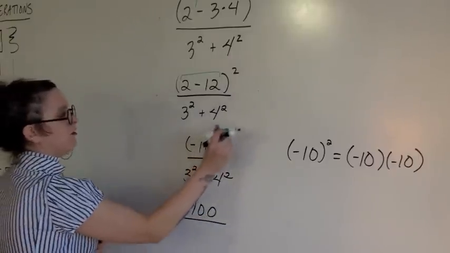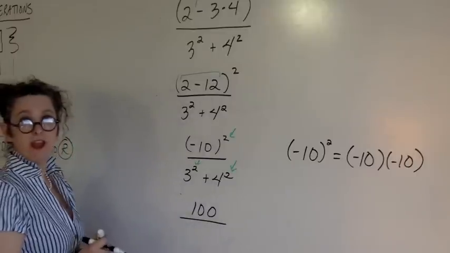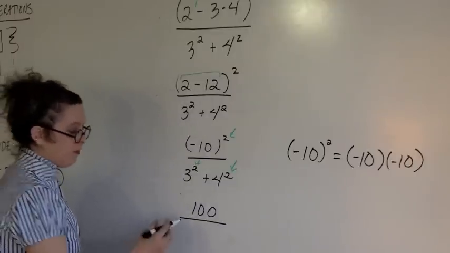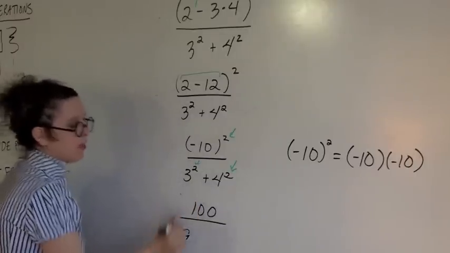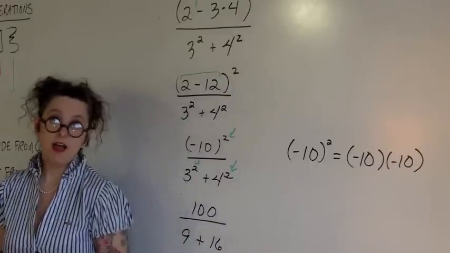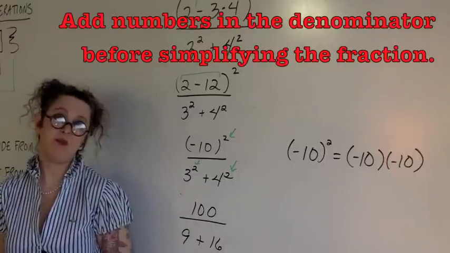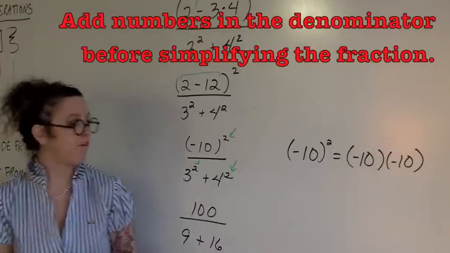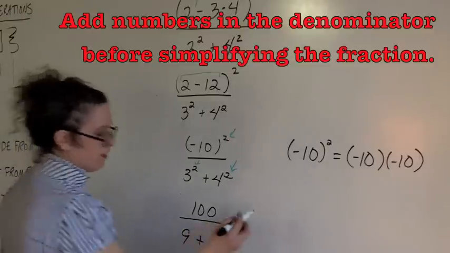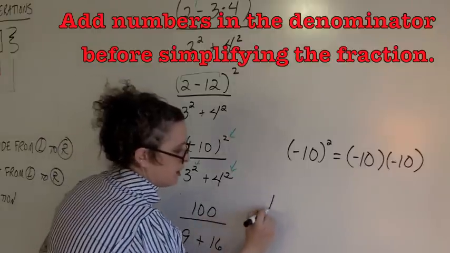So we're going to take care of this, and we're going to take care of this right now. So I got 3 times 3 for a 9, plus 4 times 4 for a 16. The last thing that you ever do is simplify a fraction, so we're going to take care of this addition on the bottom before we simplify our fraction. So I'm going to rewrite this over here. We're going to do this addition. So I got 100